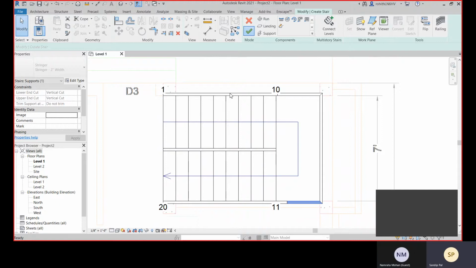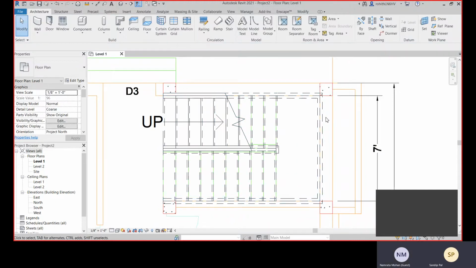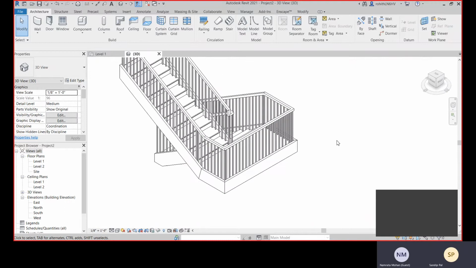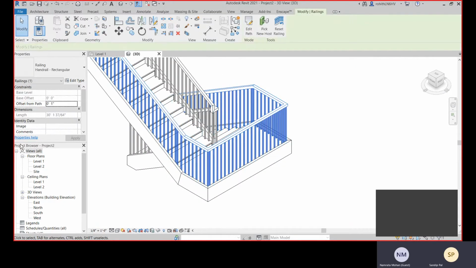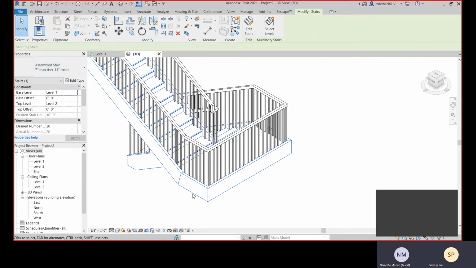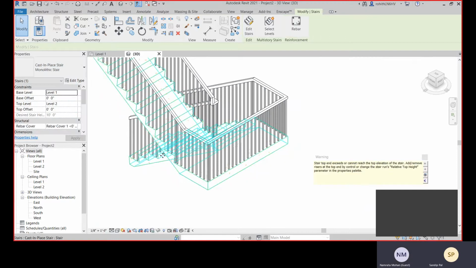You just select it, and that is done here. Yes, I got it. You can give an offset from this for the railings. Okay, and this should be a monolithic stair. This should be like this.